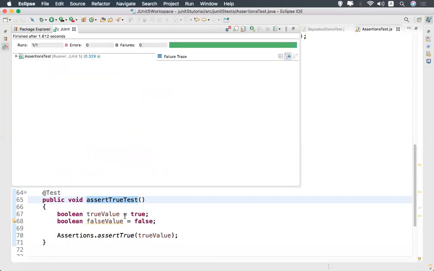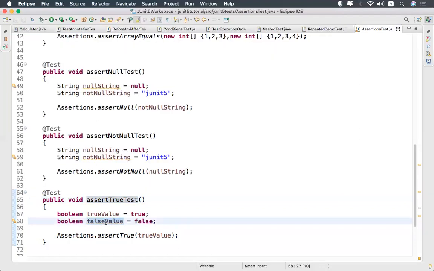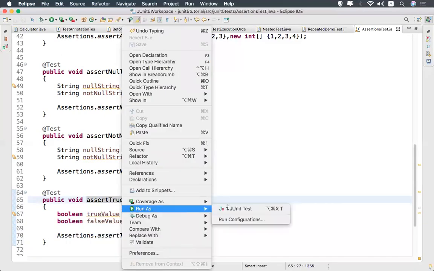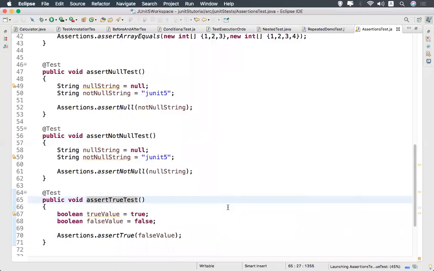So it is passed. When you give false value, it will fail and it will give you the message that expected true but found false.